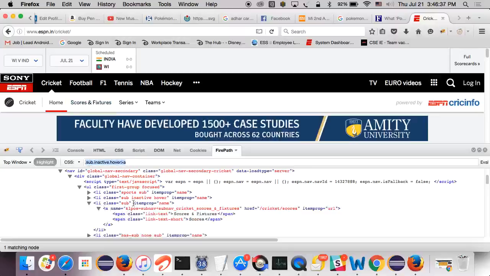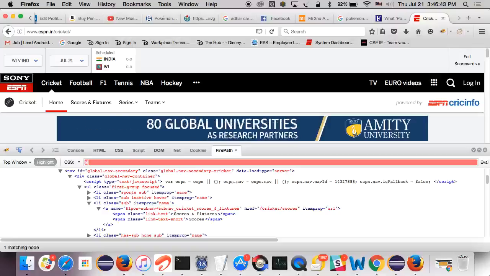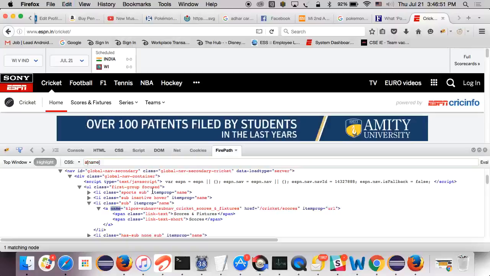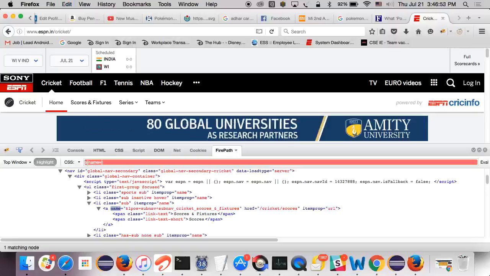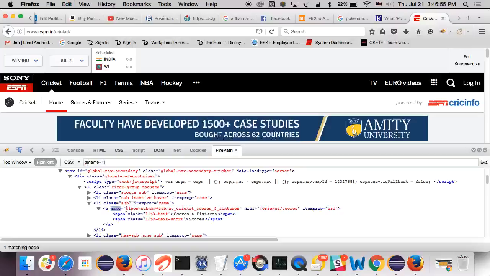You have your tag name, which is A, and then your attribute name, which is name, and then equal to the value